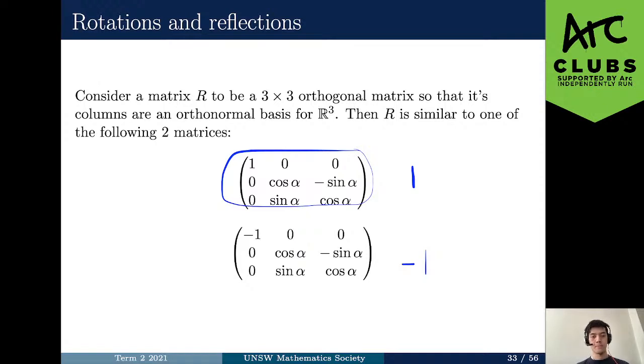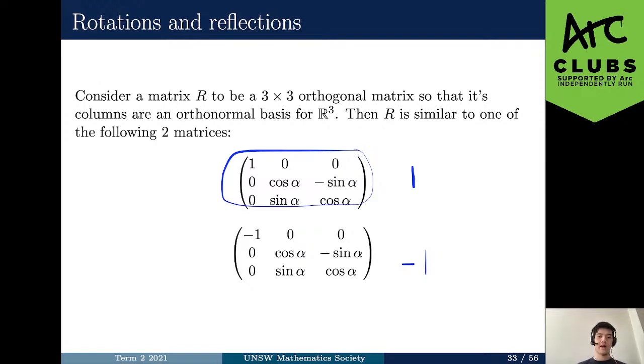Now, how do we know which one it is? Well, you just need to work out whether your matrix has 1 or -1 as an eigenvalue. If it has both, then you just use the first one because that's more convenient. Because the first matrix here corresponds to a rotation by an angle of alpha